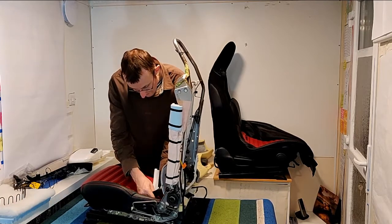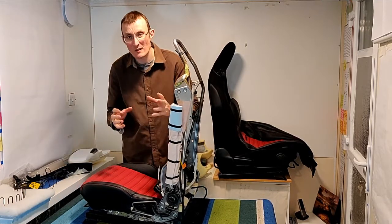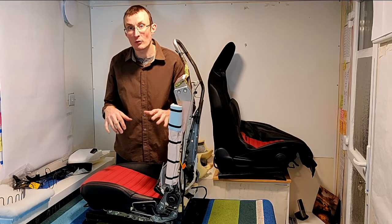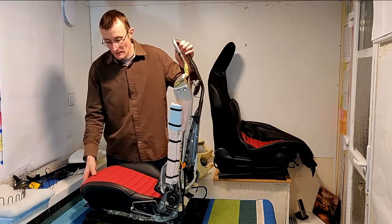Do it very carefully. There we are. Needs quite a good pull, but you want to do it reasonably carefully because there's another heated seat mat under here, and you don't want to pull that out or damage the seat mat at all. Right, so then